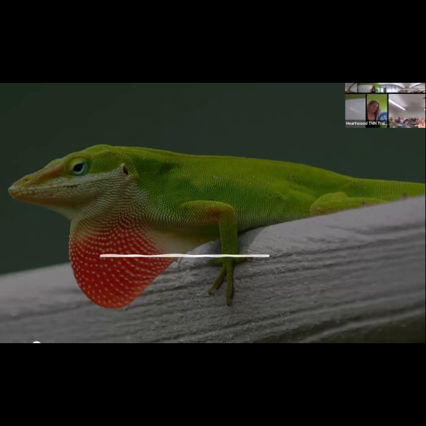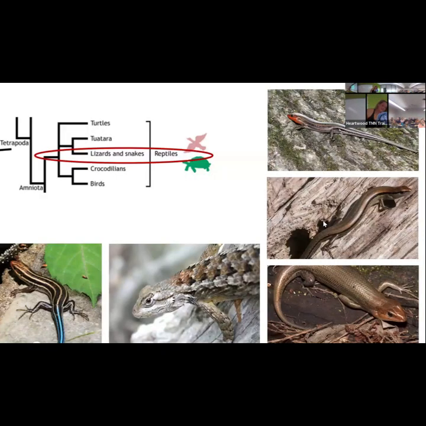Okay, lizards and snakes. We know that snakes evolved from lizards. We know that they're very, very closely related to tuataras. Tuataras are an ancient species of lizard that has a 3rd eye on the top of their head. They use it kind of as a light detecting organ, and as they get older, it grows a skin flap over it. They are not here in North America, but that is an ancestor to our snakes and our lizards.